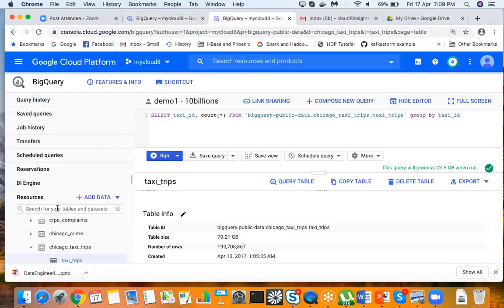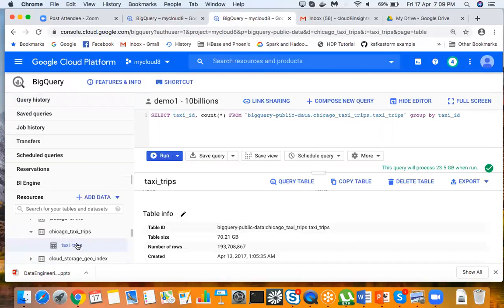And then, Google Cloud comes with various public data sets. You can see here, Google has various BigQuery public data sets where it has lots of data sets, and under these data sets, there are lots of tables. We'll discuss all these things in detail. But for this demo, I have taken a data set called Chicago taxi trips.